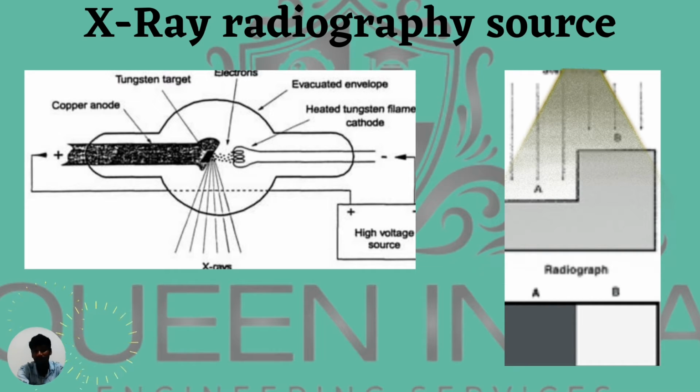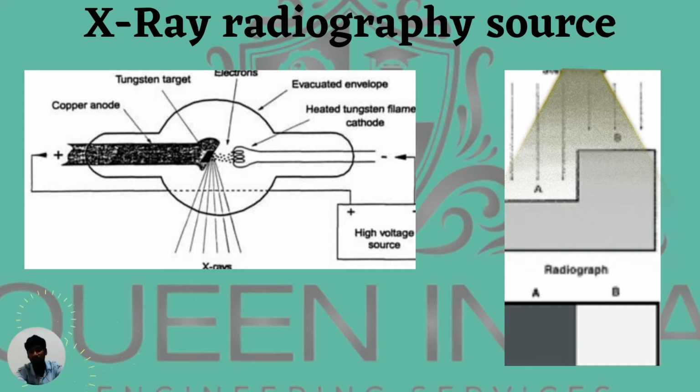Because the temperature is very high and the heating would affect the machine, tungsten, which has a high melting point, is used in an X-ray tube. The electrons pass to the anode and through an object. That radiation source of X-rays is produced by the high voltage of positive charge.